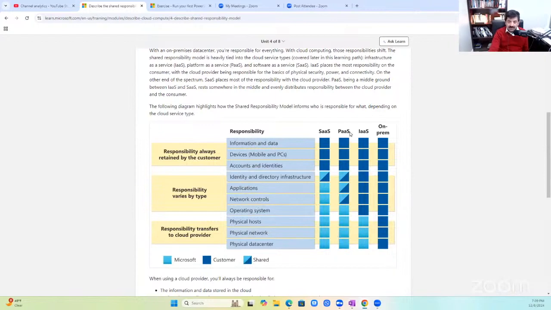With platform as a service, not only have you moved the databases, but the operating system also goes to Microsoft. So you are not responsible for deploying the patches. Microsoft will take care of applying all the security patches and latest patches on the operating system. So this is a shared responsibility in platform as a service. You and Microsoft are responsible for applications. You may have your own applications. You may use some applications from Microsoft, like Office 365.